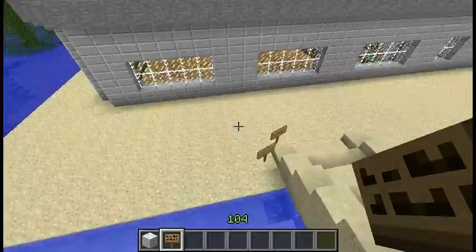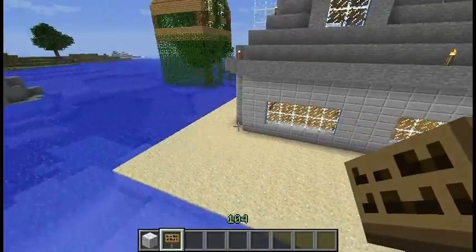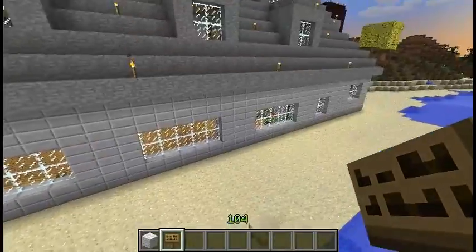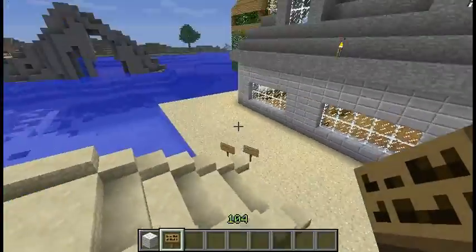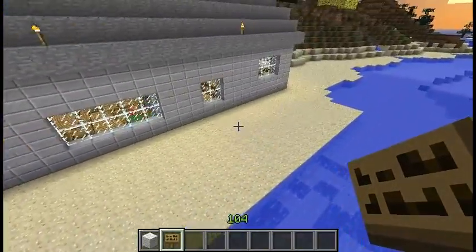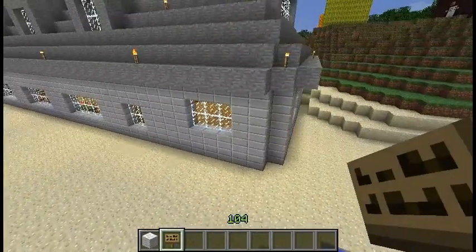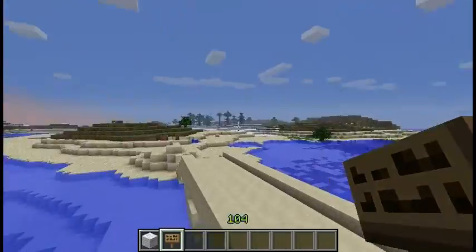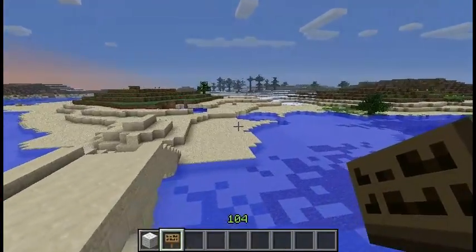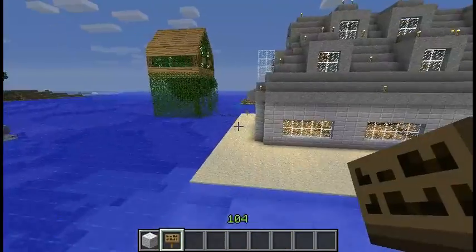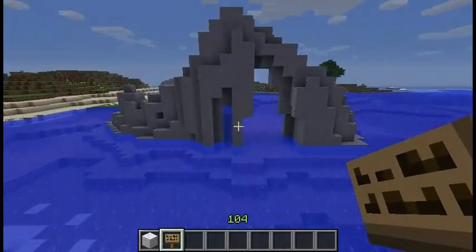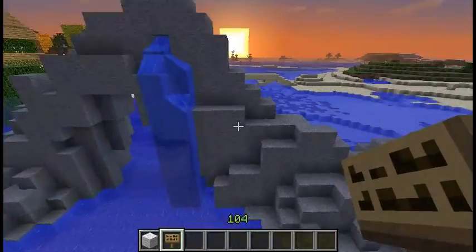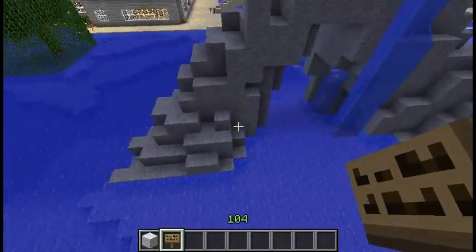But where would you put the road? I mean, it's one thing to have a bridge. Should you have a back door in your house? Should you have a road around here? Perhaps. And then if you have a bridge on here, are you gonna build something on the other side? Well, that would make sense. Alright, let's see what this thing is. I am not sure what this is, but it looks kind of interesting.